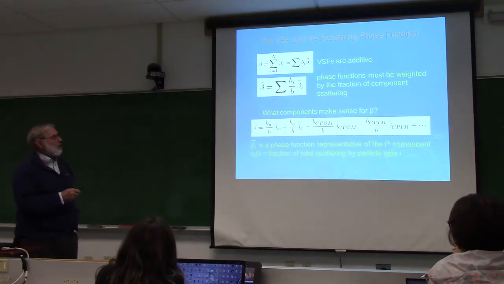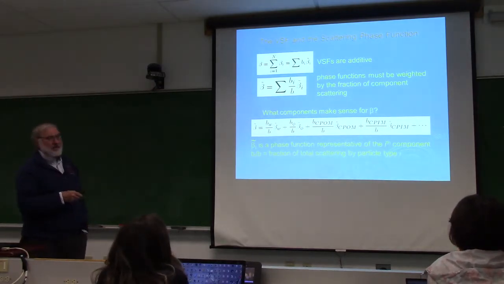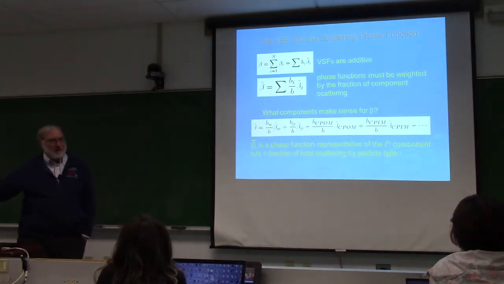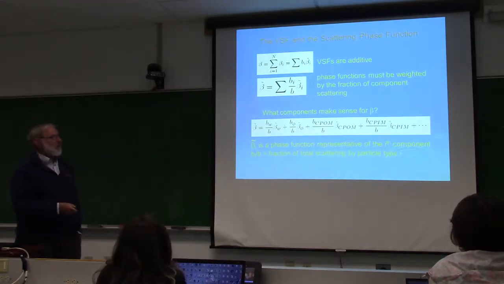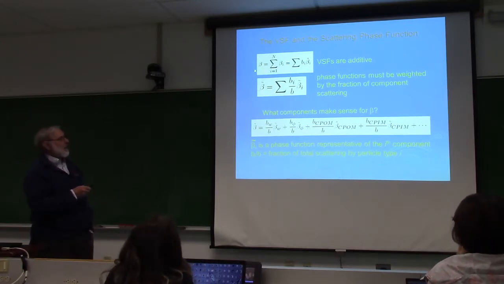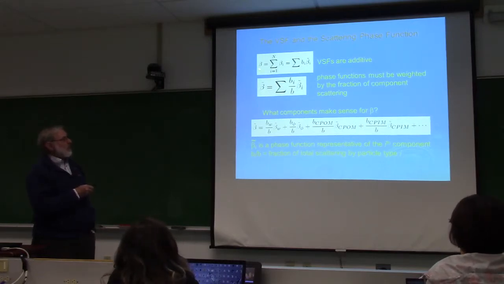So anyway, you can take the VSF of pure water plus this phytoplankton plus that phytoplankton plus mineral particles, and you get the total one, which is what you'll need to model the light field. Now, if I write beta as being scattering coefficient times the phase function, and then divide by the scattering coefficient,